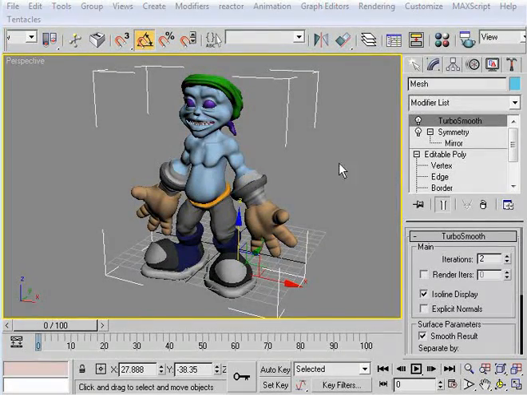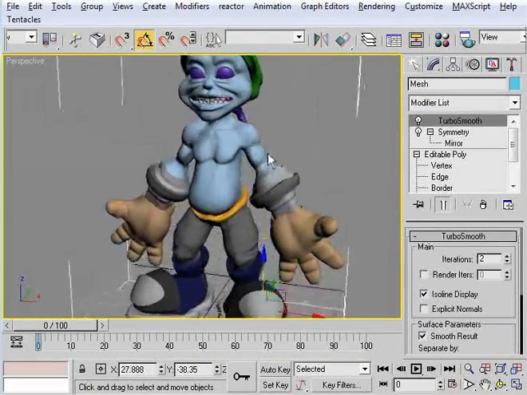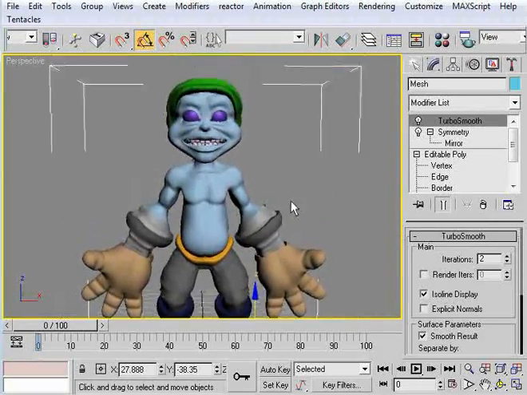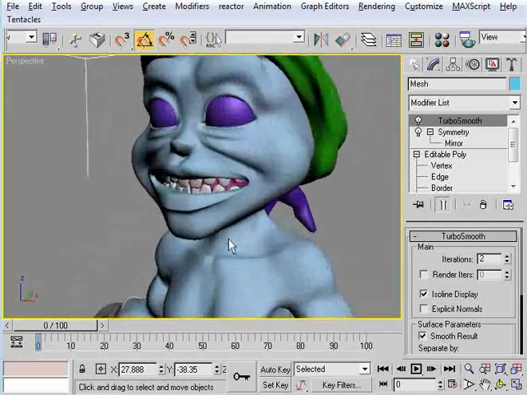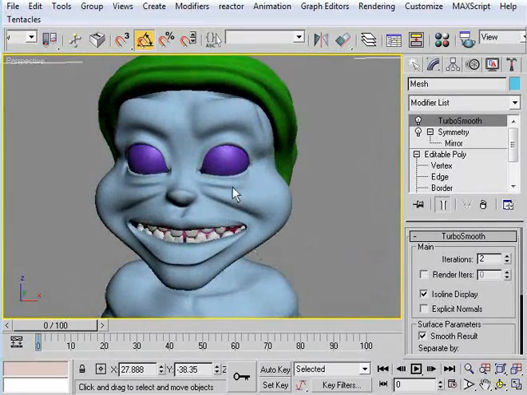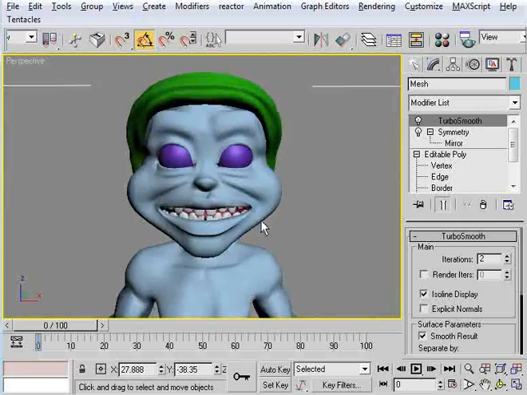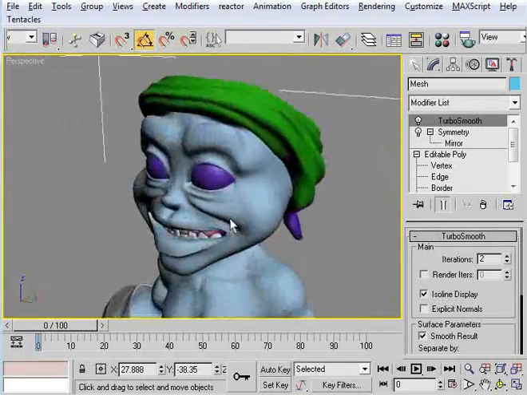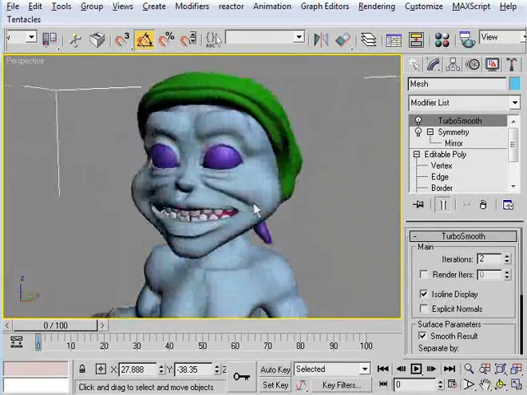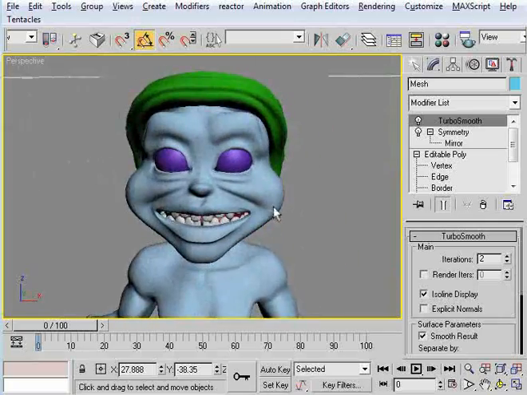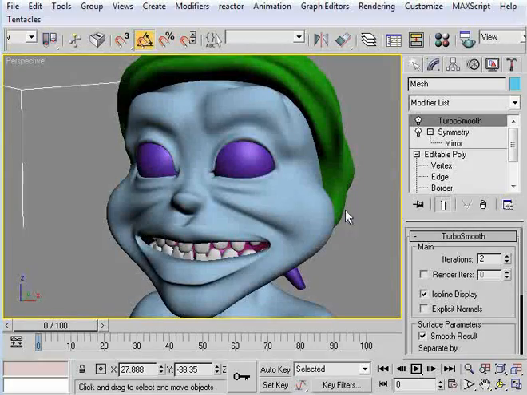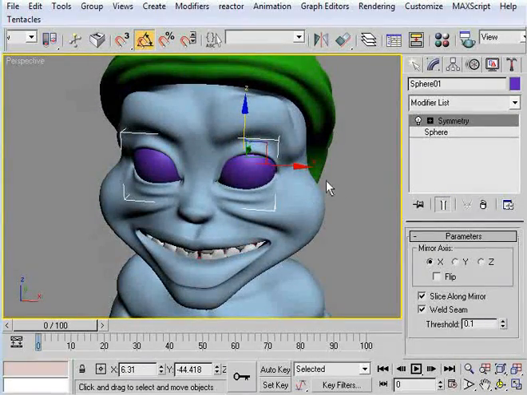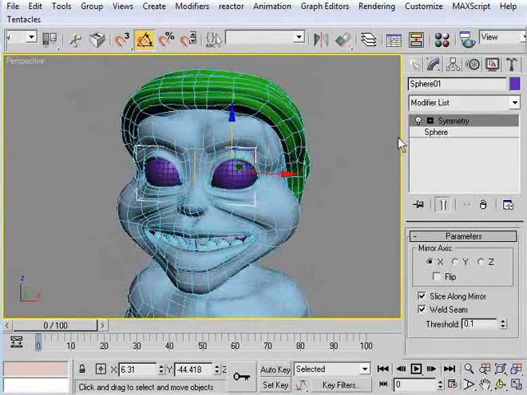Alright, so let's take a look at how the last thing that we need to do before we start doing some asymmetrical modeling to our guy. We need to actually close his mouth, get his face back to a very neutral position, which he is not in at the moment. He's grinning like he just did something wrong. Before we do this, however, I have some changes that I would like to make